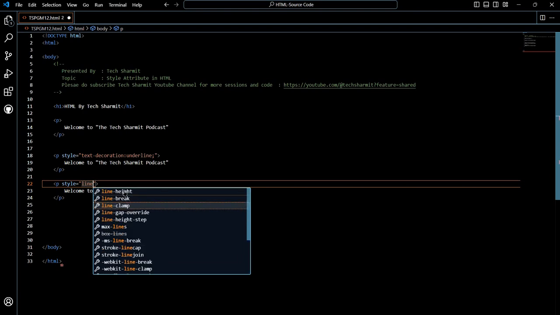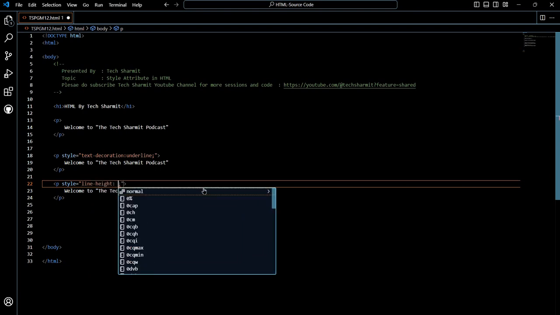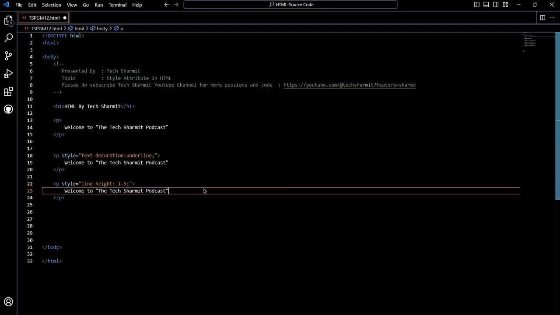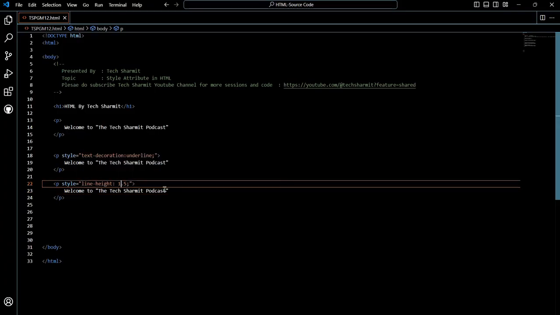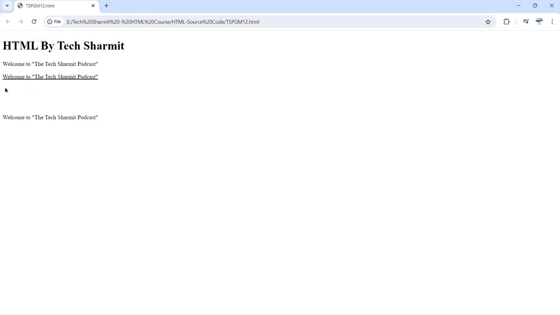Okay, let me select line height, and then we will set it to 1.5. What will happen if I press Ctrl S to save and refresh my page? You will see the line height has increased a bit. If it is not properly visible, let's change it to 10.5. After pressing Ctrl S and Ctrl R, you will see